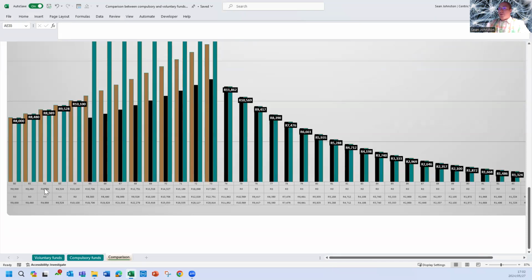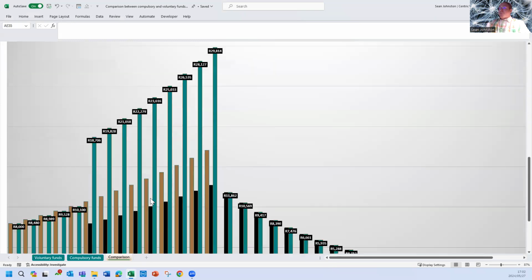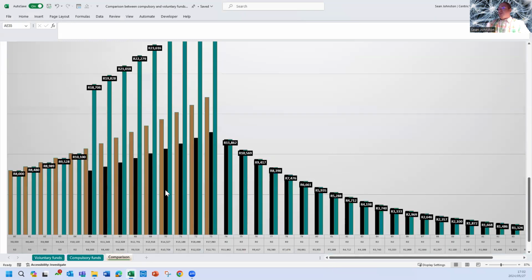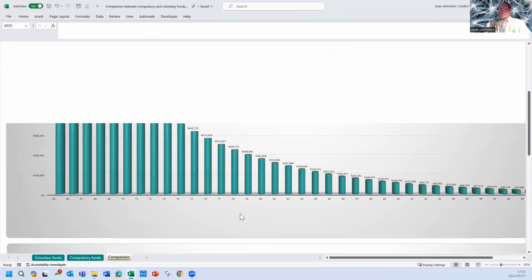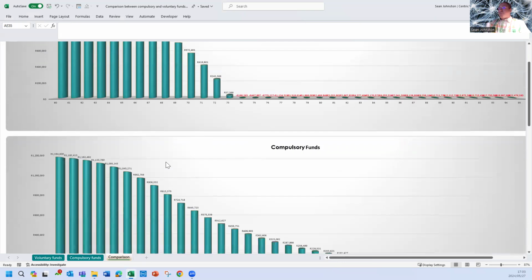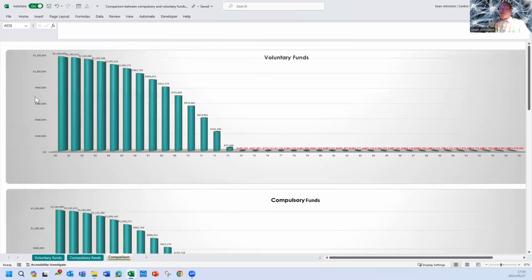So you can see that the voluntary money started to escalate. And as a result, you can start to see how the two incomes are combining. So it starts off with 8,000 Rand, 8,4, 8,9, 9,5, 10,000. Then it goes to 18. And then we can actually plot it, just see what's going on over here. You can see, look, obviously just bear in mind, it's a 5-year gap, but we can see more or less when the money will run out.